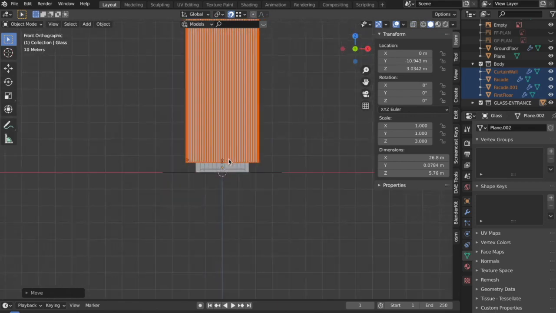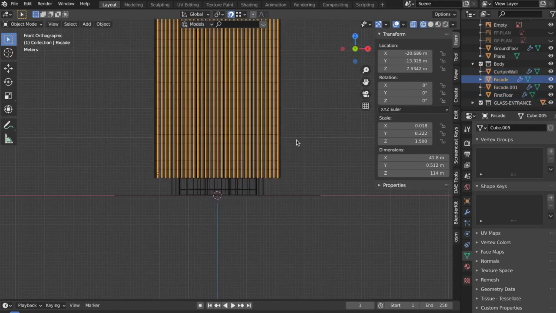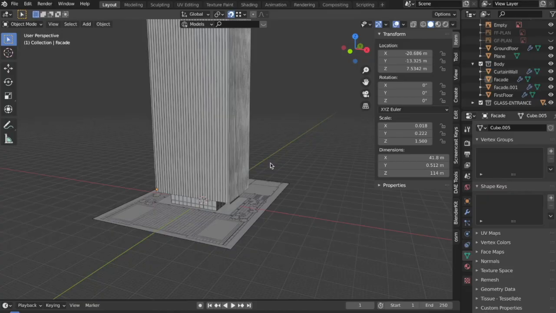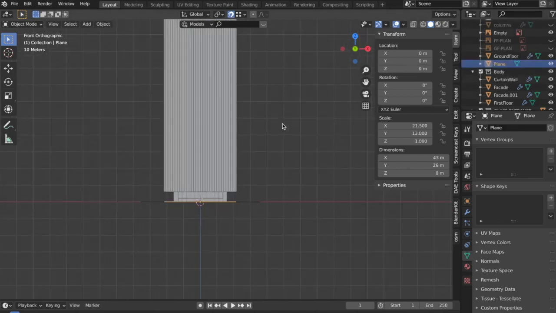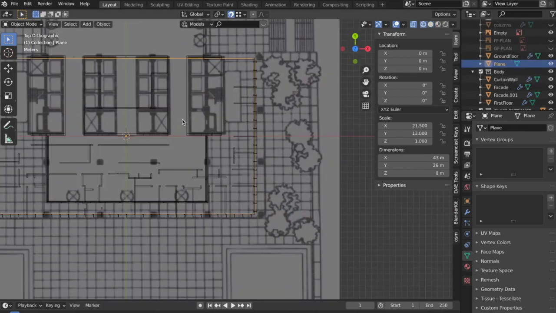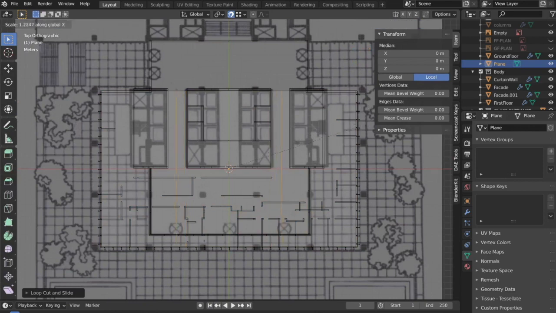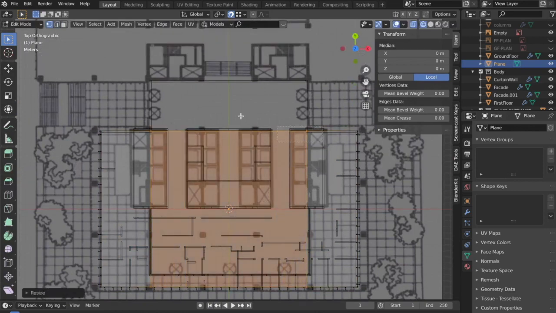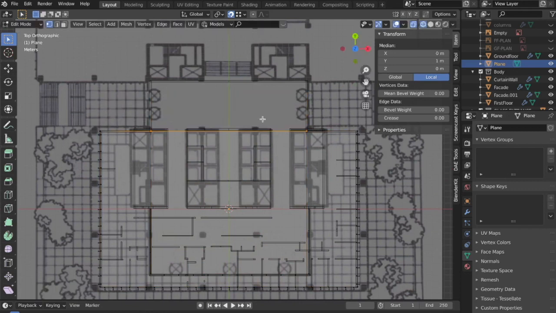Now the main part is that we have made each individual floor, but between those floors there is always a slab. To make that slab, I'll now select that plane which I had selected earlier. I'll go into the edit mode and then press Ctrl R and give it 2 loop cuts, then scale them along the x-axis, select the vertex select mode and then extrude it.